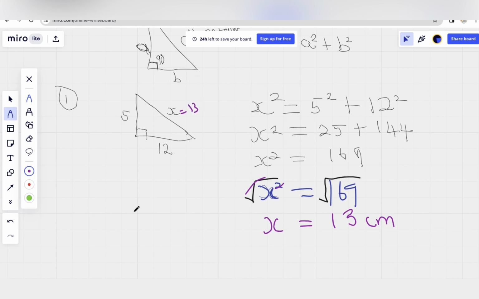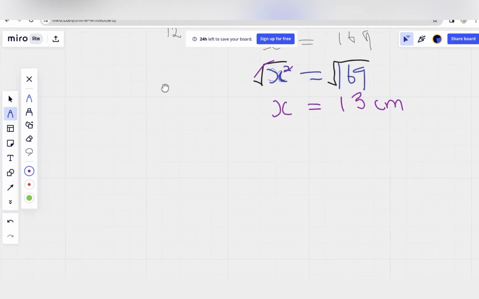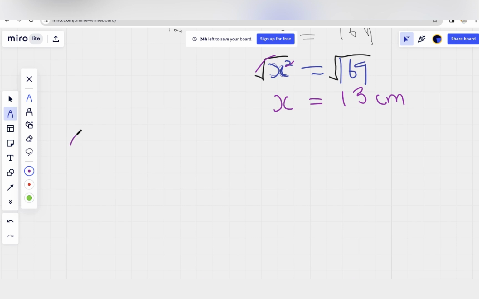Okay, so this is a simple application of the Pythagoras theorem. Is that okay? Not all the time do the diagrams look like this. The diagram can be written like this, as, for example,